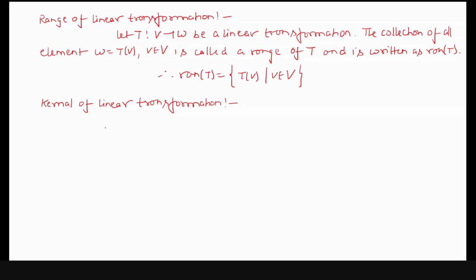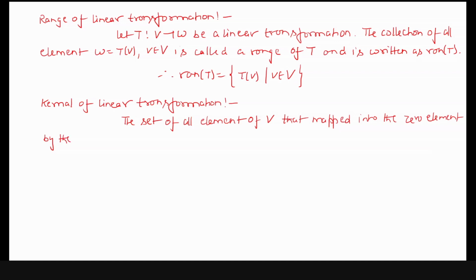The set of all elements of V that are mapped into the zero element by the linear transformation. So the set of all elements that map into zero by the linear transformation